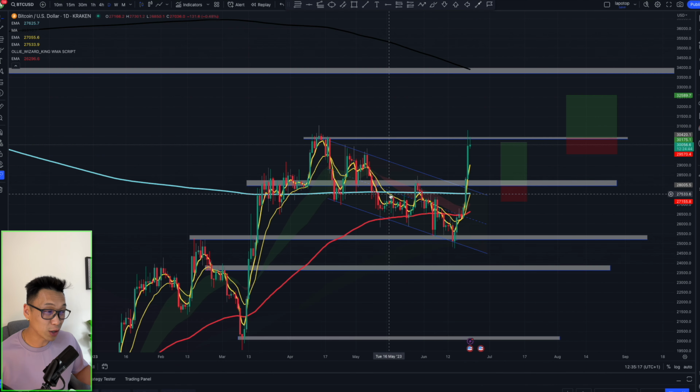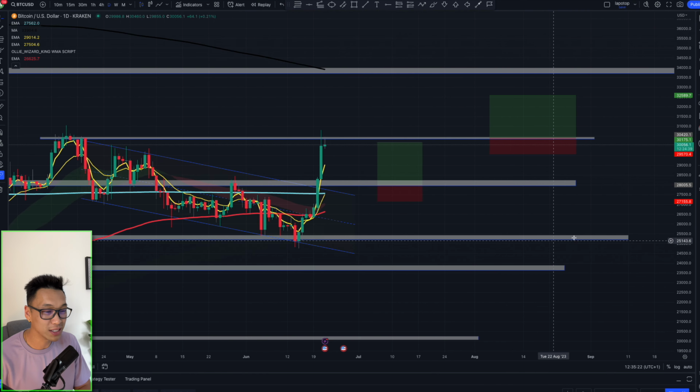So hope you guys enjoyed the quick little update that we have on Bitcoin. It's moving. I think it's going to be really interesting to see where price is going to go from here,